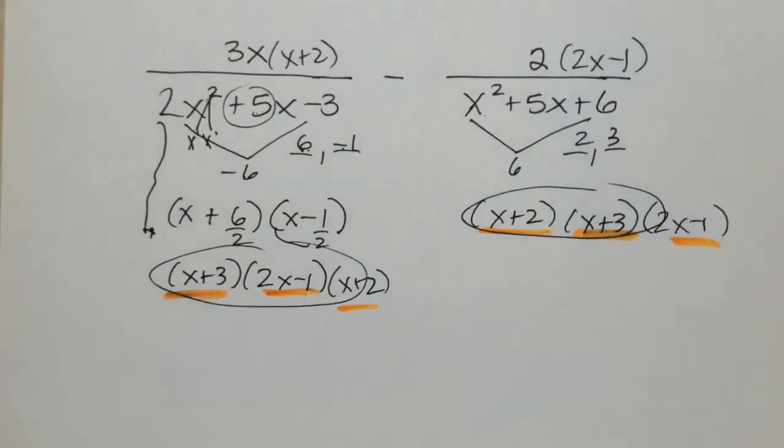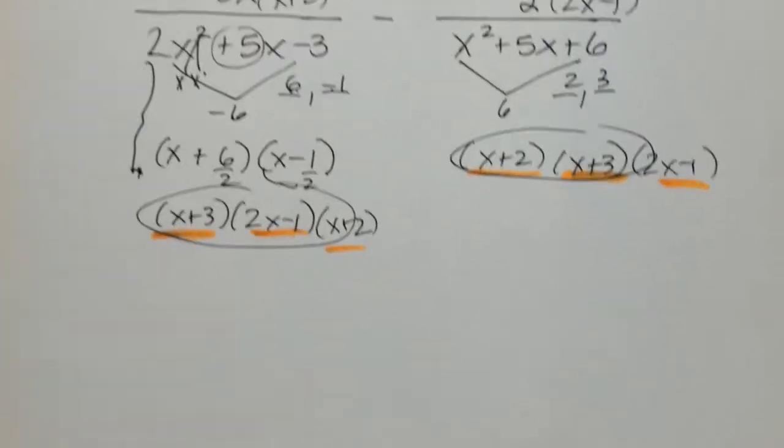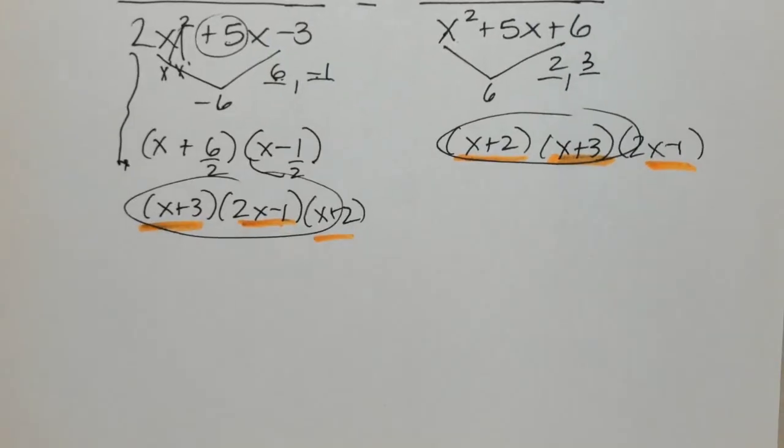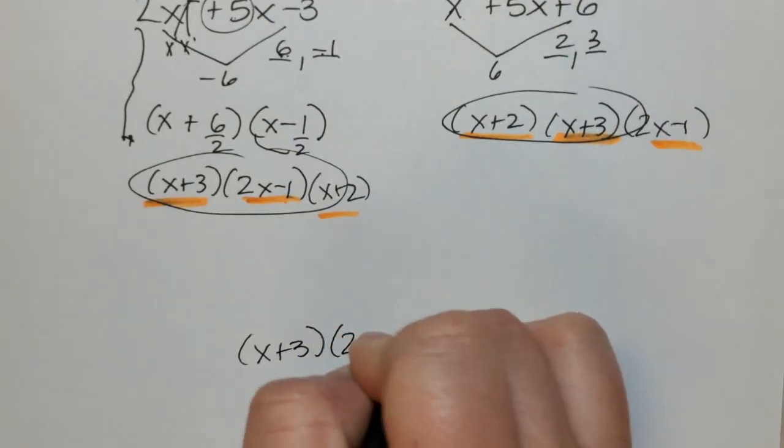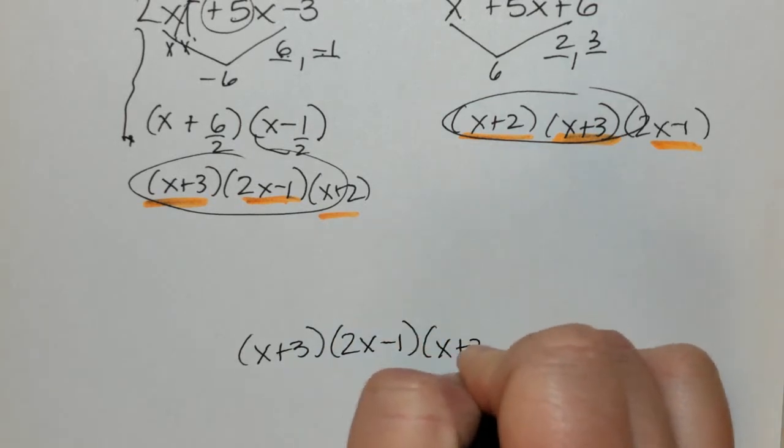Okay, so now we're set. We have the denominators. We have a common denominator. Down here, I'm going to write down x plus 3,